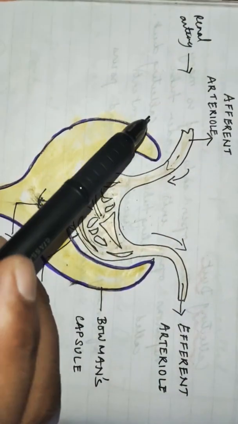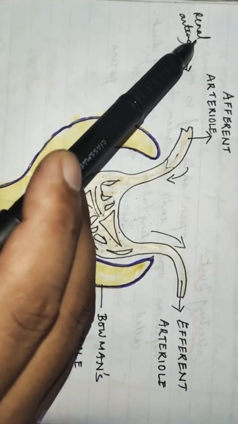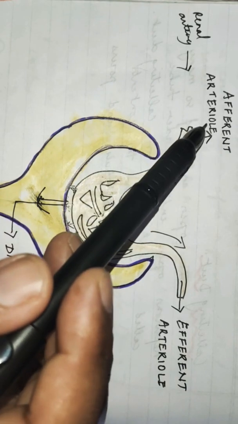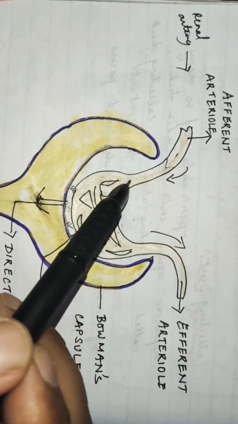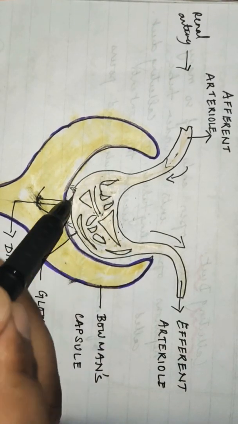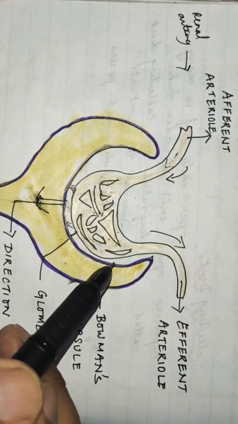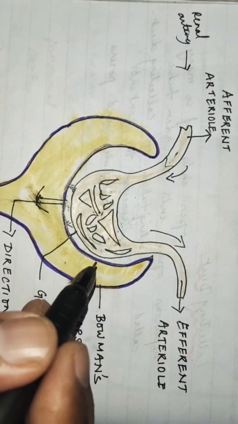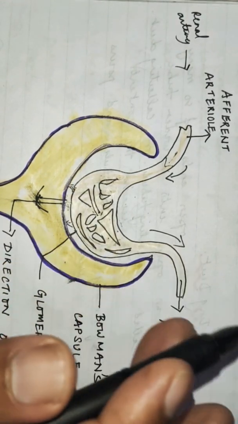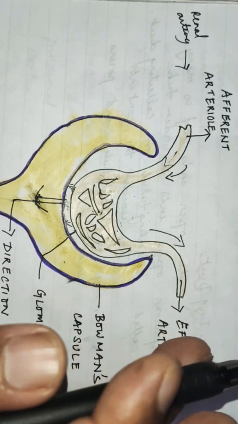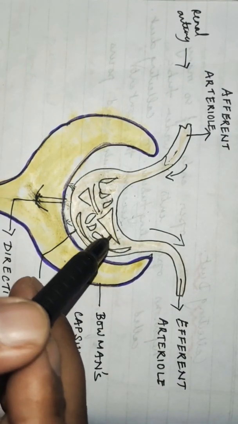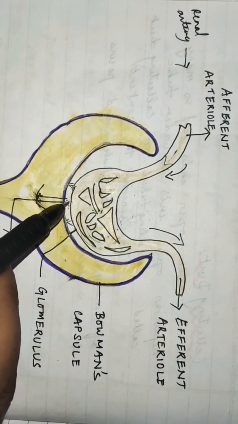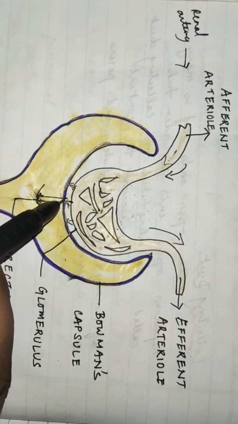What happens in this process is that the blood from the renal artery enters the afferent arterioles, which enter into a fine network of capillaries, and this fine network of capillaries is known as the glomerulus. The glomerulus is permeable, which filters out all the liquid part, harmful and useful substances, as it gets filtered through Bowman's capsule. The Bowman's capsule receives the filtrate from the glomerulus,